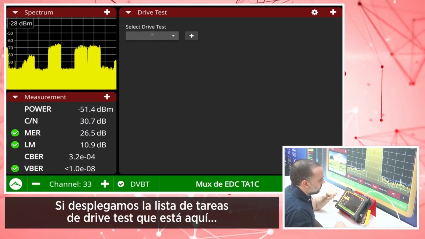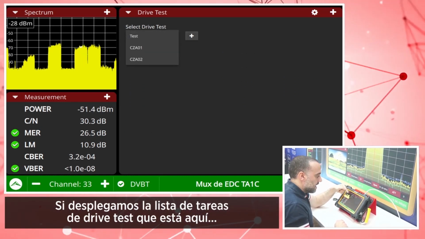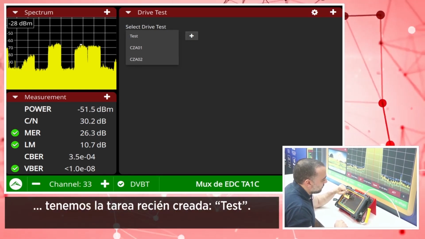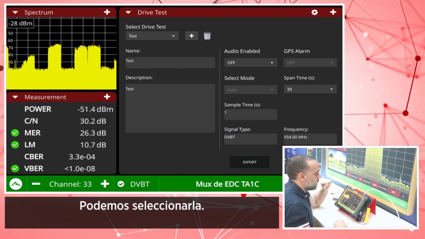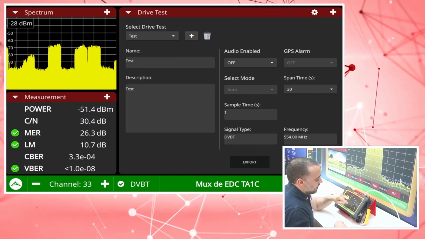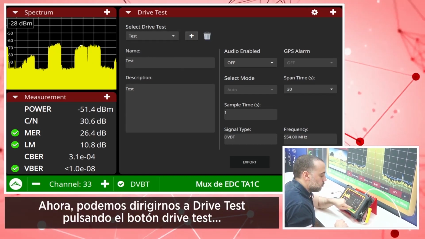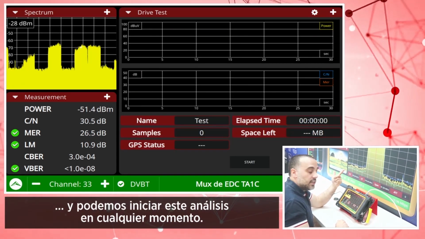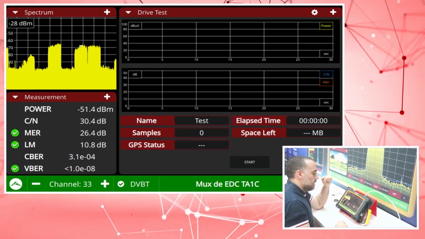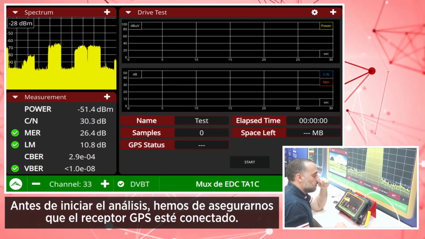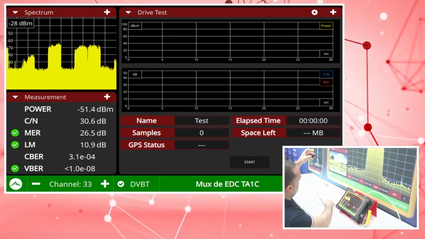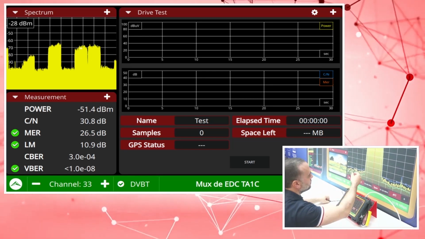If we unfold the different drive test tasks that we can find here, we will find the new one that we have created, test. We can select it. Now we can head to drive test by pressing the drive test button, and we can start this drive test at any time. Before we start the drive test, we need to be sure that the GPS receiver is connected, plugged to the meter,